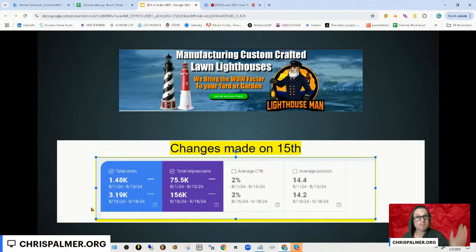Not only do we know that link power, external equity, can be passed through internal links, but we can also help rank those. You're optimizing a page for one keyword, but by sending internal anchor text to that page for varying key terms, and as long as that page says it on the page, because even though you're optimized for one key term, you're trying to rank for a bunch.